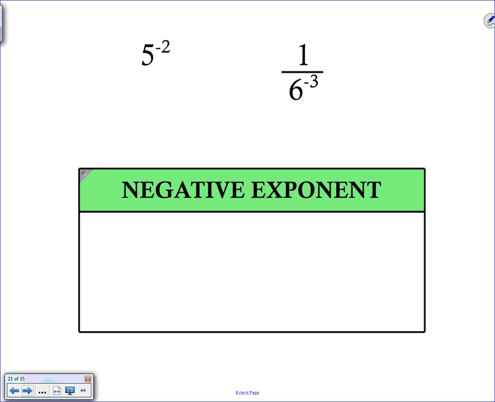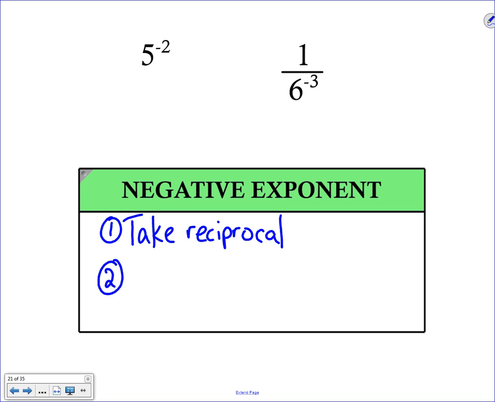For a negative exponent, I'm going to take the reciprocal of only the stuff that has the negative exponent, and then change the exponent